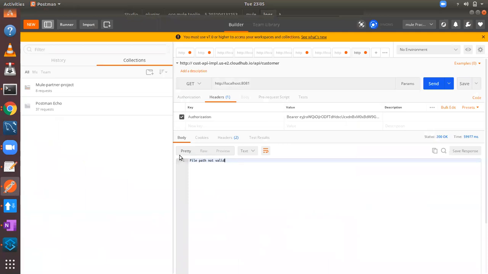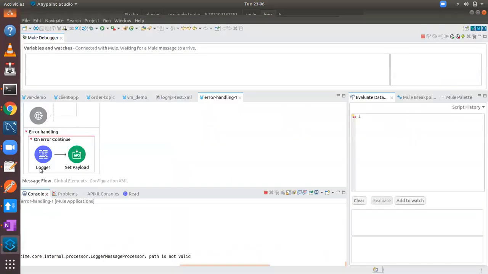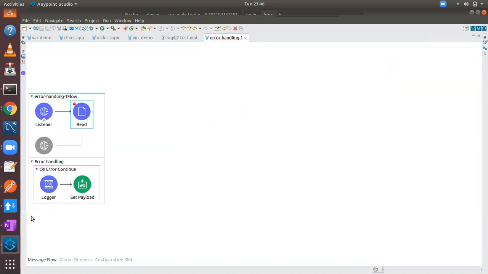What I demonstrated here is that when trying to read a file or do an activity that is not valid, it falls into the error handling section. Now you may have doubts. What does this error handling section look like?